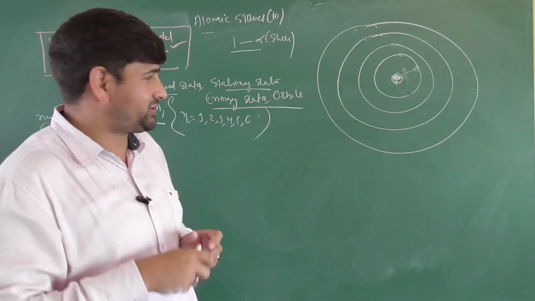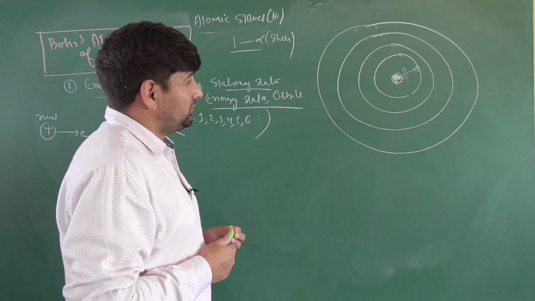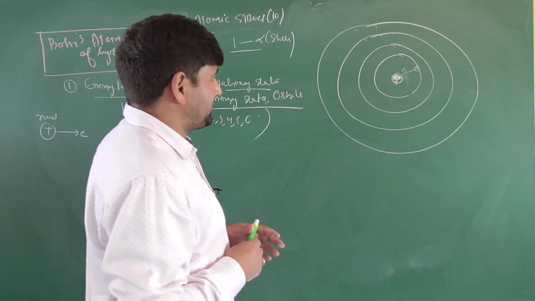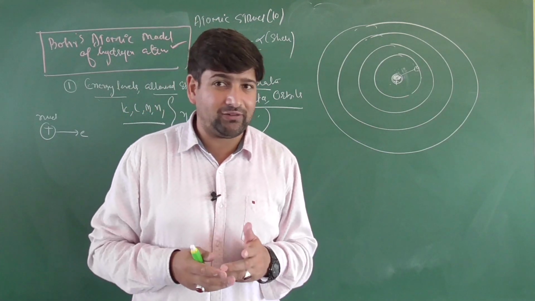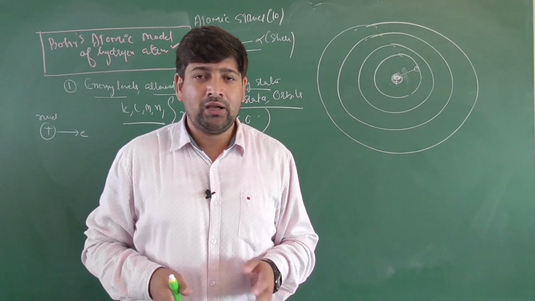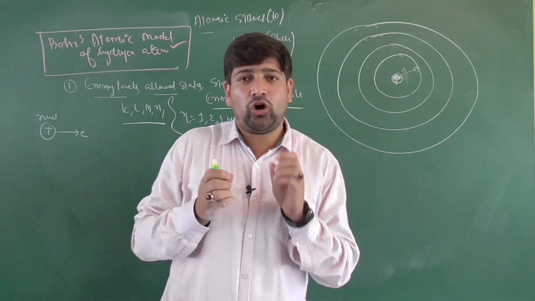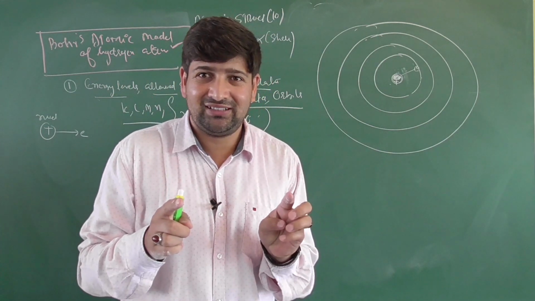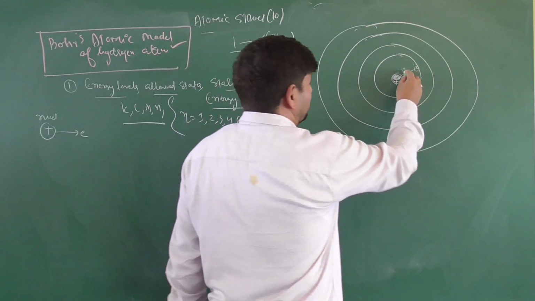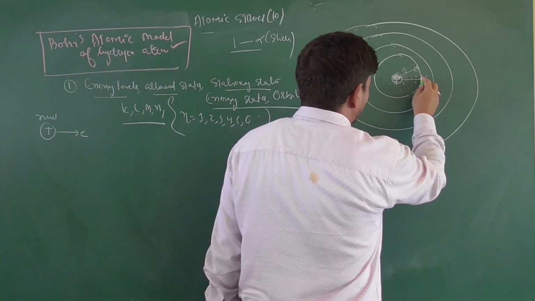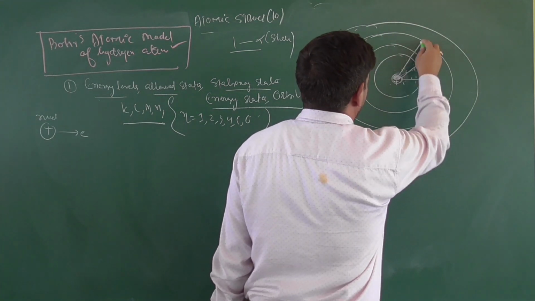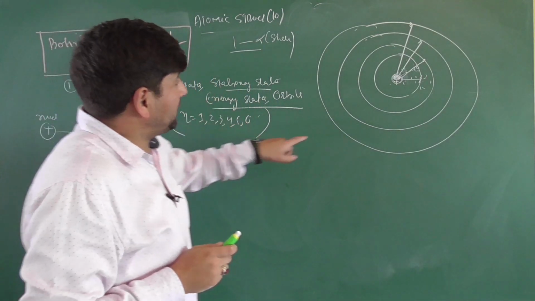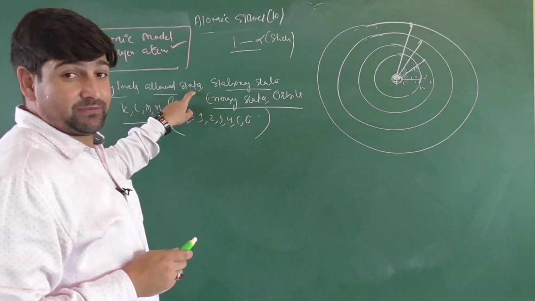Second statement. Third statement, with respect to Bohr's model, is that electrons cannot be present everywhere. You might think that wherever you go in an atom you will find electrons. No, it's not like this. Electrons can only be found around the nucleus at a particular distance. Not everywhere can you find electrons in an atom. Only at a particular distance can electrons be found, and those particular regions are called allowed states.